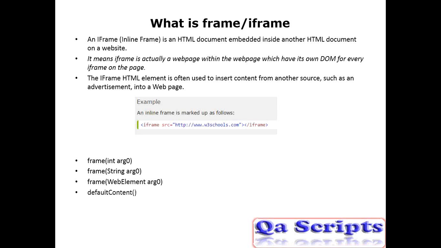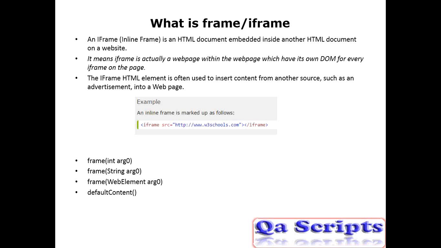There is another method called defaultContent. This will help us to navigate back to the main window. In the sense, we'll be using driver.switchTo().frame, so it will switch from the main window to the frame. If you don't switch back to the main window, then it's difficult to work with the elements present on the main web page.